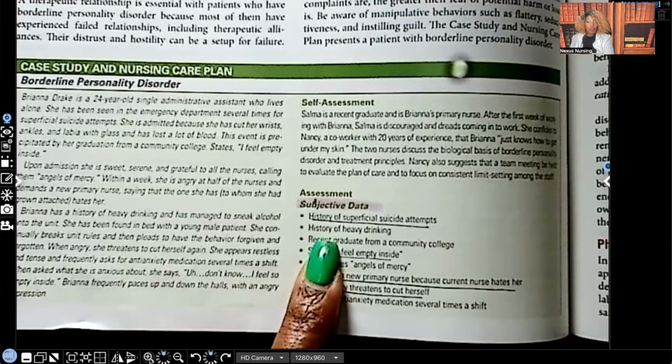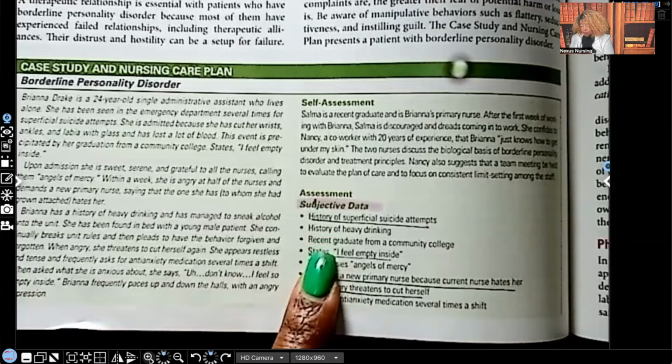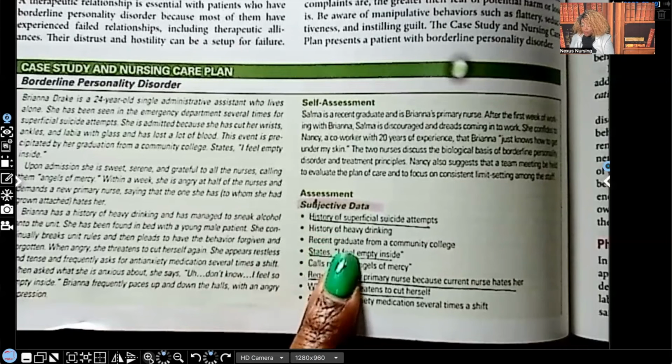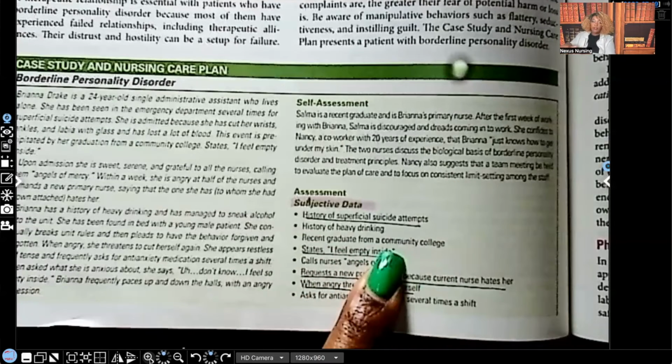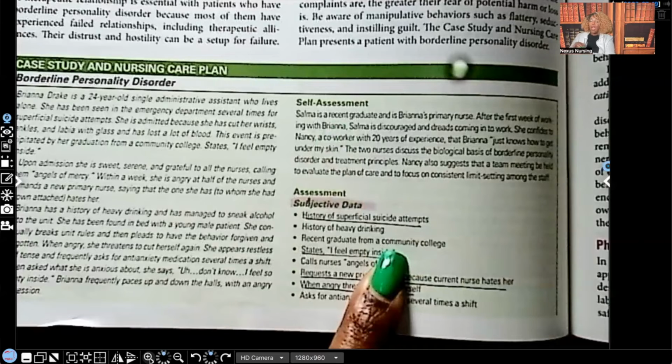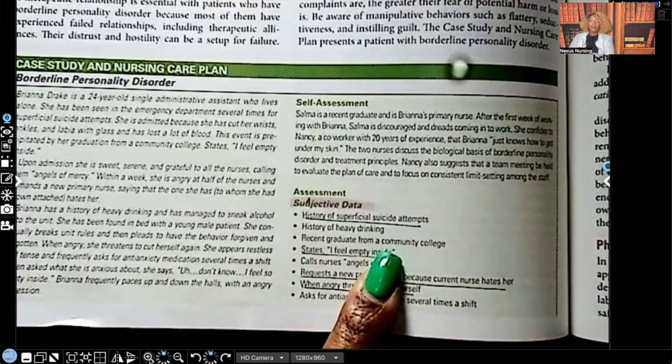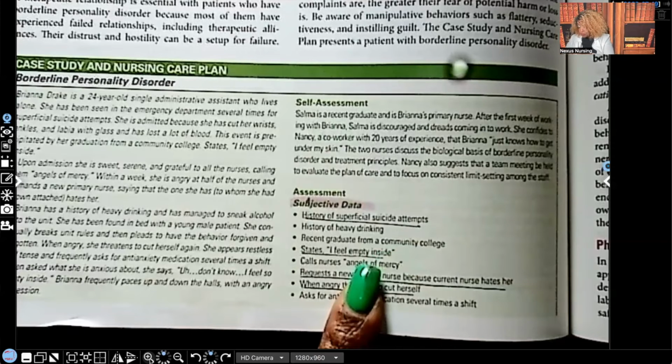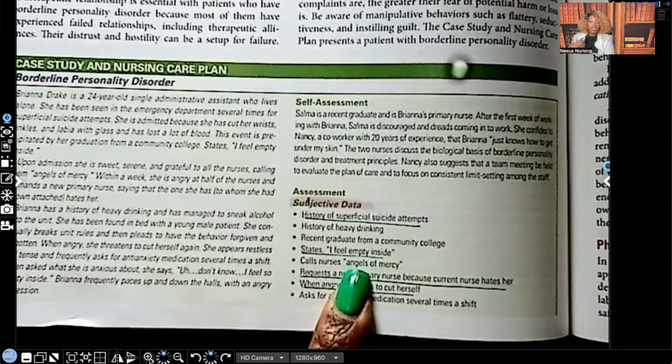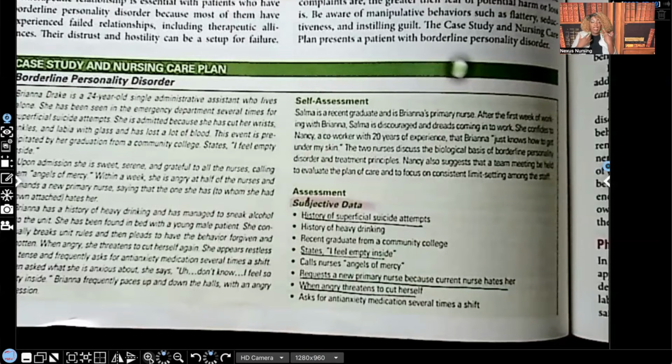History of heavy drinking. Remember, they use substances, including alcohol, to numb the pain that they're feeling or the anxiety. Recent graduate from a community college. Now, this is from this case study that we're looking at, but something you need to understand with borderline personality, we tend to see these manifestations in young adulthood, okay? Them stating that they feel empty inside, and because of that feeling of emptiness, that's what leads them to a lot of those self-mutilation,